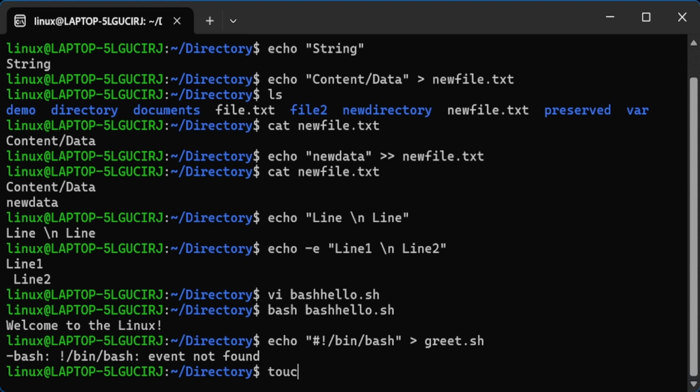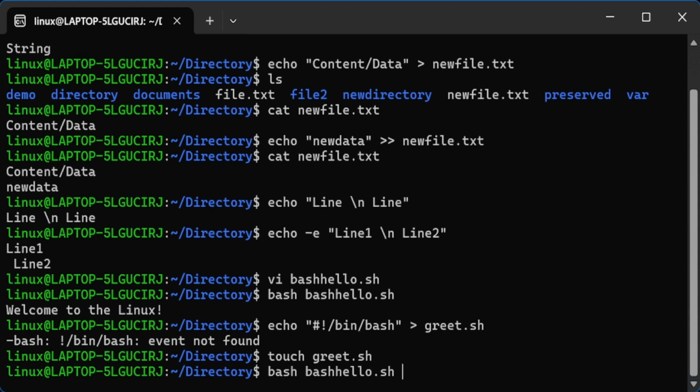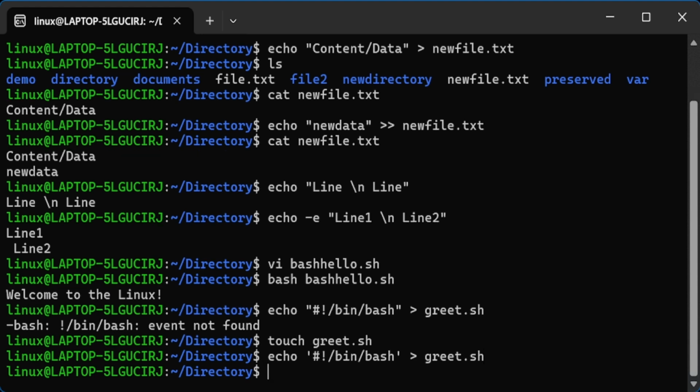Let's create this file, greet.sh, type echo, this? Dash to read dot sh. Let's write echo